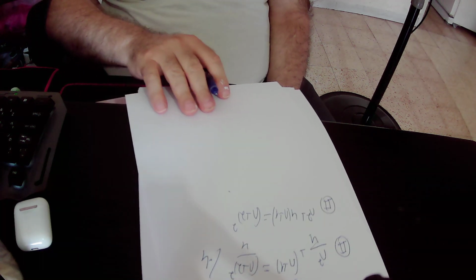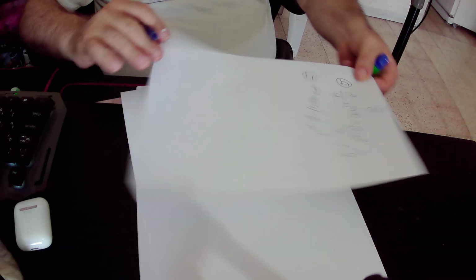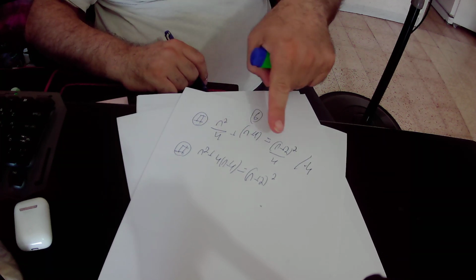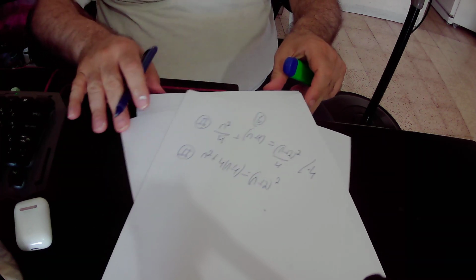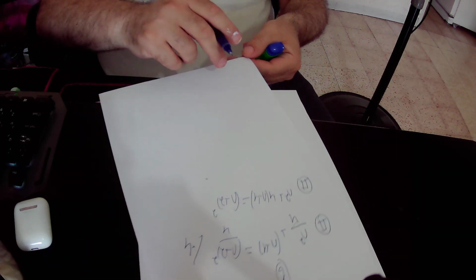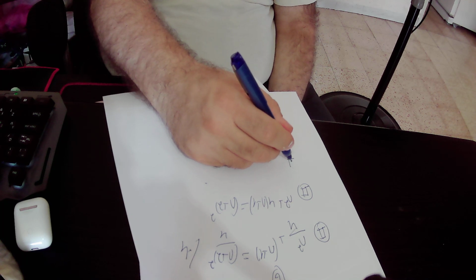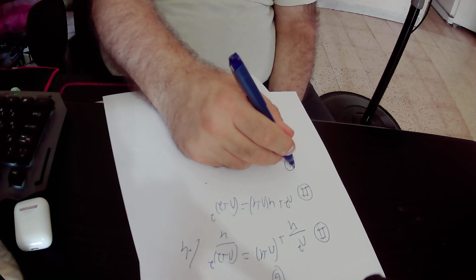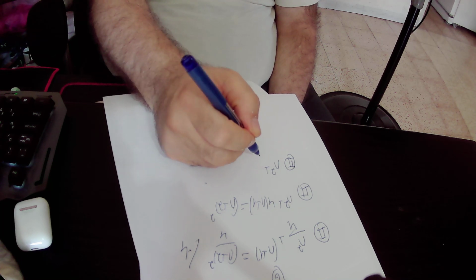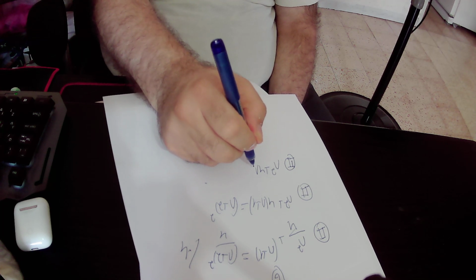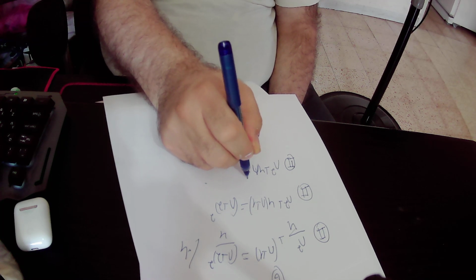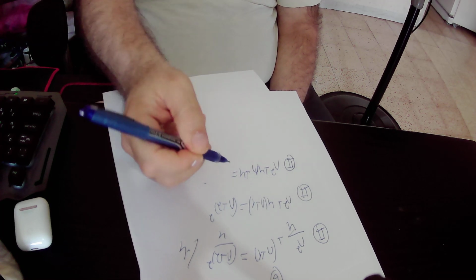So here we can actually open the brackets and do the multiplication. n squared plus 4 times n is 4n, 4 times 1 is 4, equals to